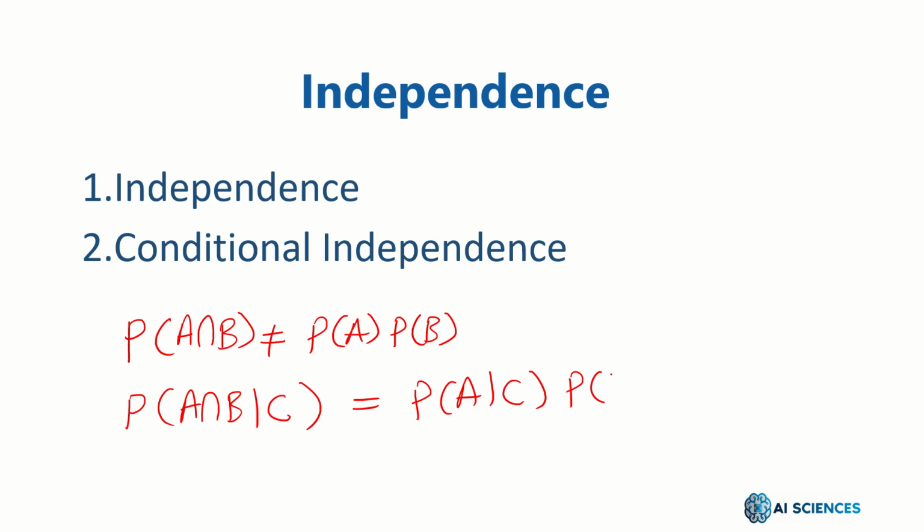In that case, we say A and B, although not independent, are independent conditioned on this event. Maybe A and B depend heavily on each other, but once the information about another event is available, they may not depend on each other heavily anymore. So that's the very basic theory of